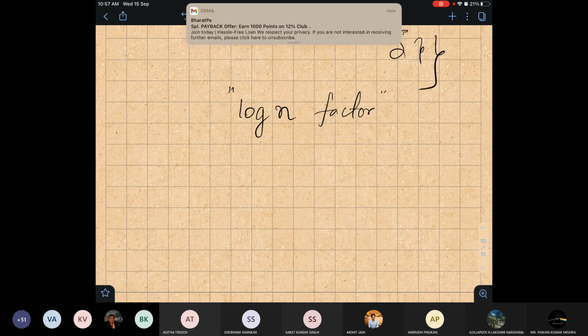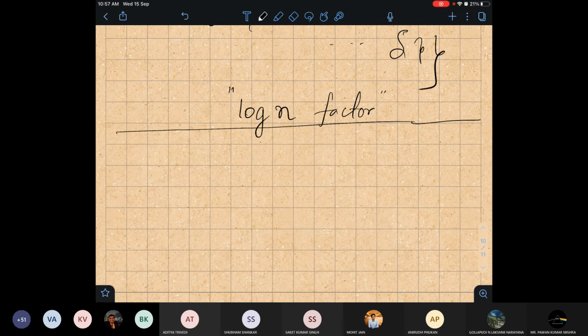Okay. So do you people have any class now? Or I can take 10 to 15 minutes, then I can explain this log n factor here itself. Sir, we do not have any class, but not sure about seniors, like 2018 batch. Okay, then maybe tomorrow I will explain why it is log n factor.